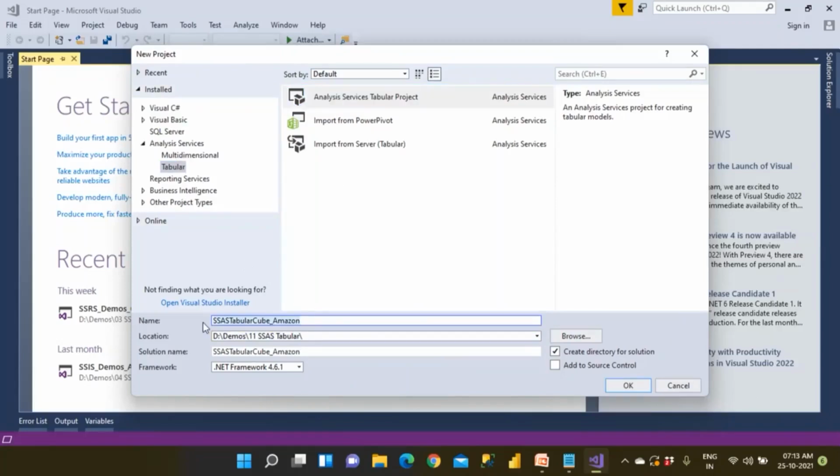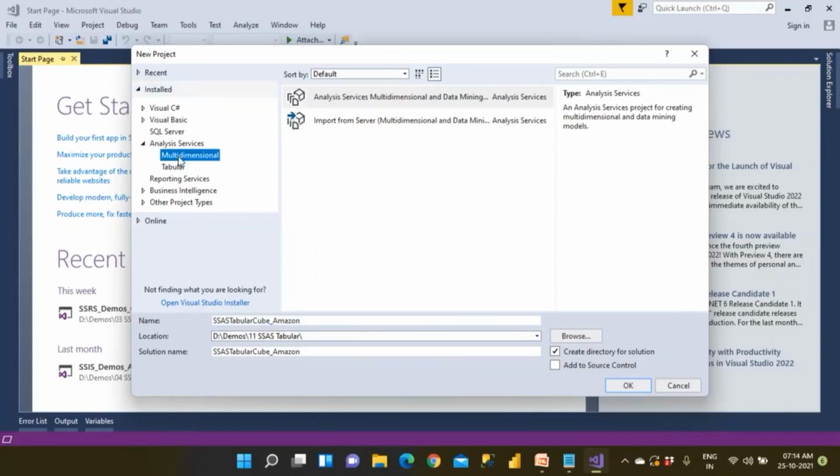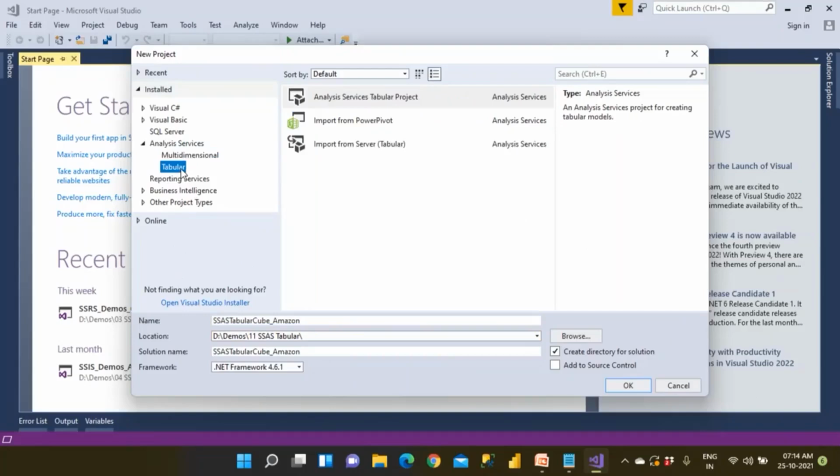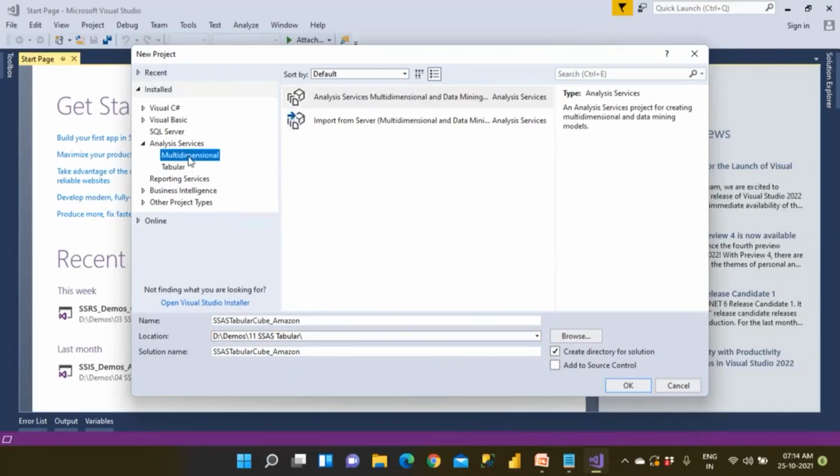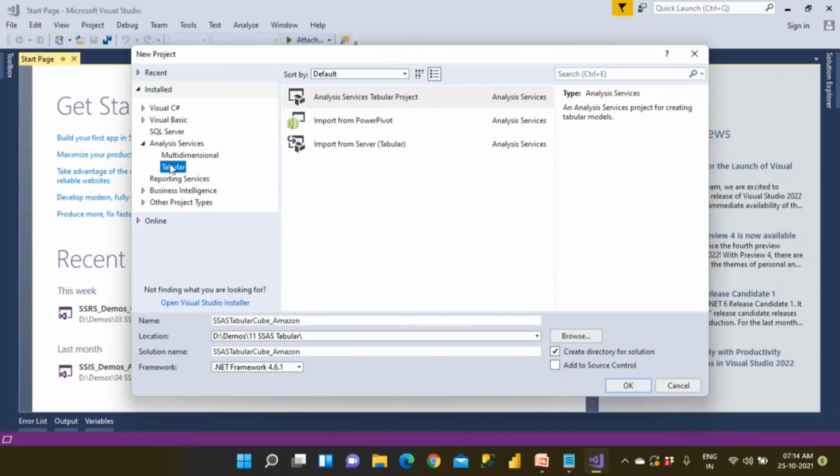When you create a cube and deploy it, that is when you're going to get an error if you don't install this version. If you install with this, at the time of deploying this project, you will get issues. Creation-wise, there is no problem. You can create any project. Clear? But if you want to deploy this project to your tabular model, you have to install that. When you install this and try to deploy, it is not going to work. Vice versa also will not happen. Clear? So choose the tabular model, give the path and click on OK.